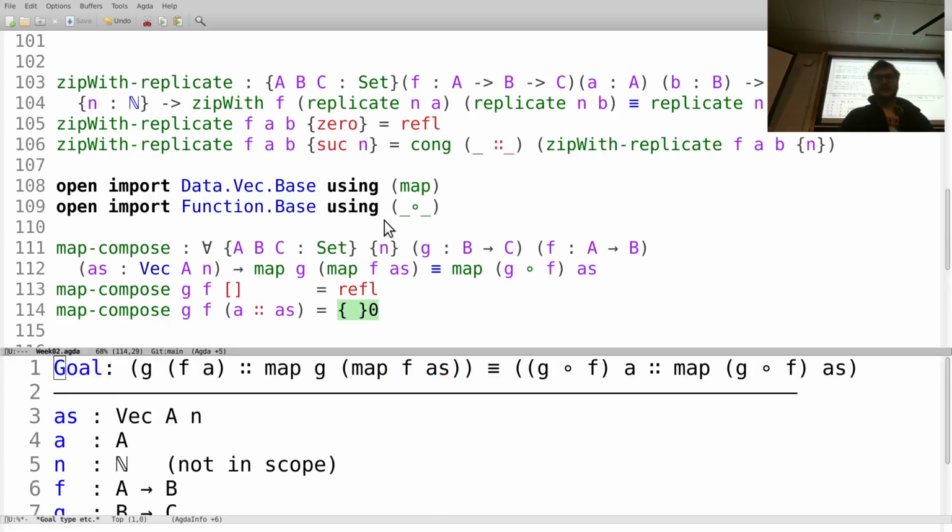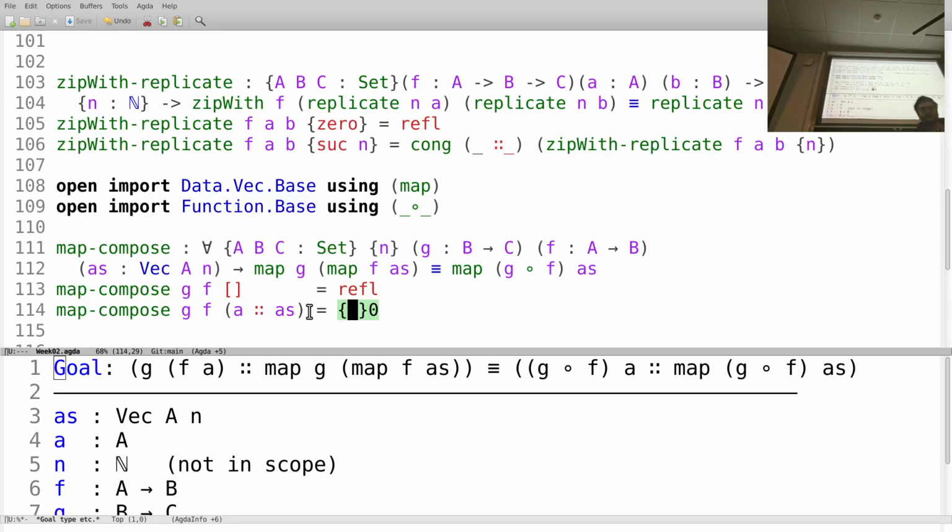All right, and in the case where it's non-empty, it took 1 step, and this is where you see that the top level simplification doesn't go really far because it didn't even fire this thing. But it's telling me, on the left, I could apply F to A, and then that emitted a cons. So the outer map was able to also consume that cons, and then apply G to F applied to A. And then we have the recursive call here, which is stuck because of A's. And then on the right-hand side, in a single step, we applied the composite here to A, and then